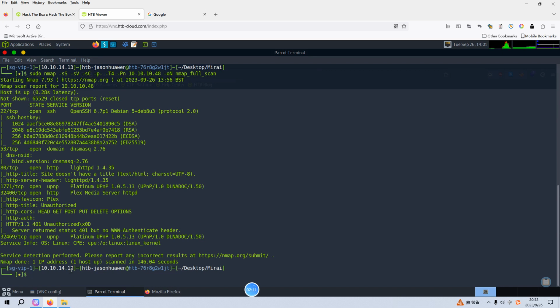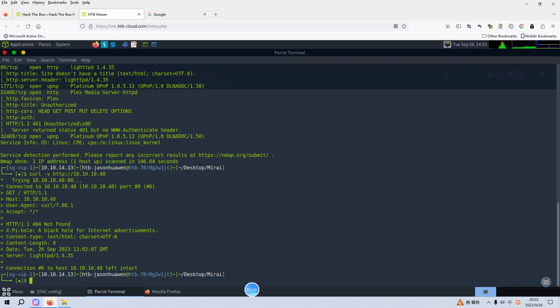do some further enumeration. For example, we can use curl with the -v verbose option to retrieve the content. As you can see here, there is one header field, and the field is X-Pi-hole, which looks very weird. And I think from here we can know, yeah, maybe the target is some sort of Pi device. So what we are going to do next is to do some